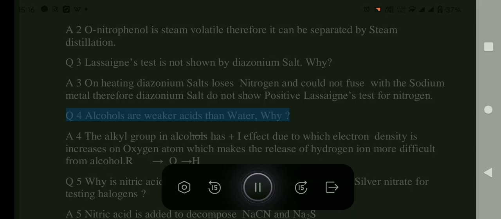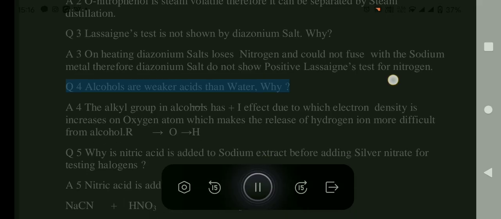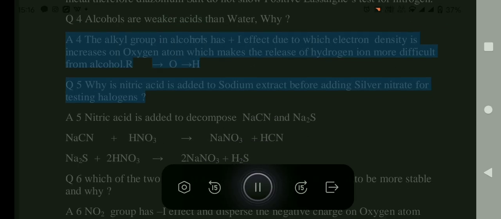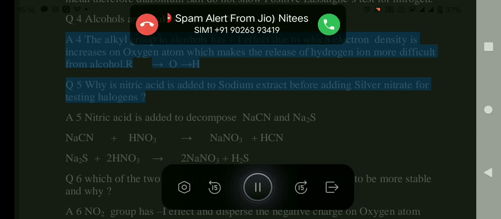Q4: Alcohols are weaker acids than water. Why? A4: The alkyl group in alcohols has a +I effect, due to which electron density increases on the oxygen atom,